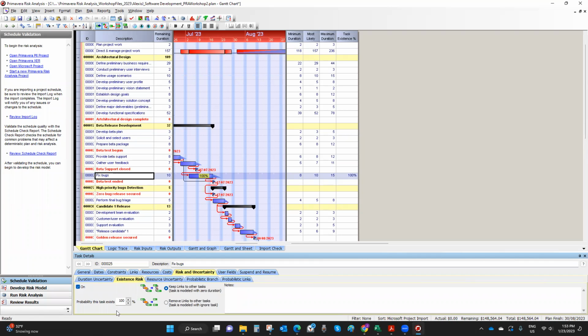So what we're going to tell the software is that the probability this task exists, based on my team or my developers' knowledge, is only 40%, right? So that's what we tell the software. And when you run this analysis, it means that sometimes fixed bugs will be included and sometimes they will not. As you can see here, it's already showing in the Gantt bar, but also in the task existence